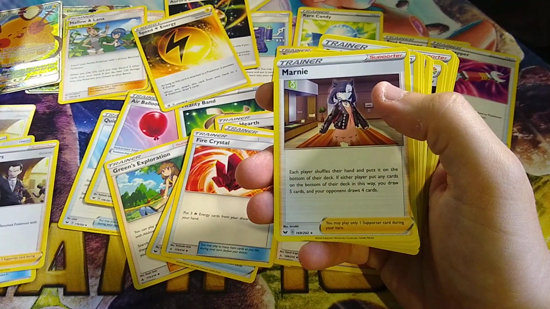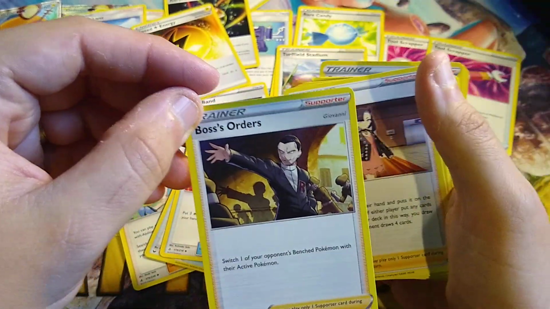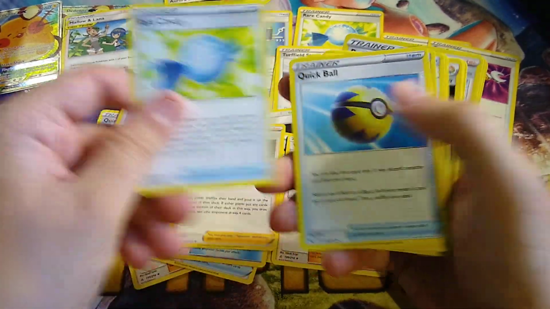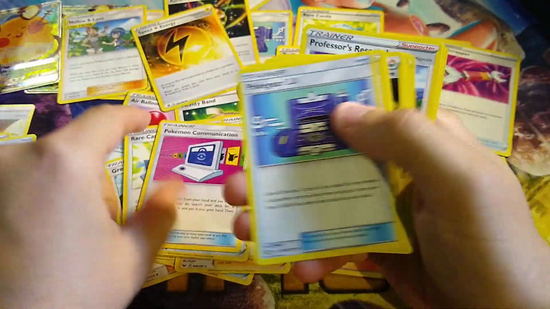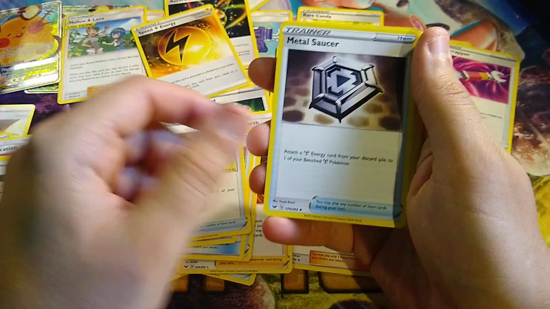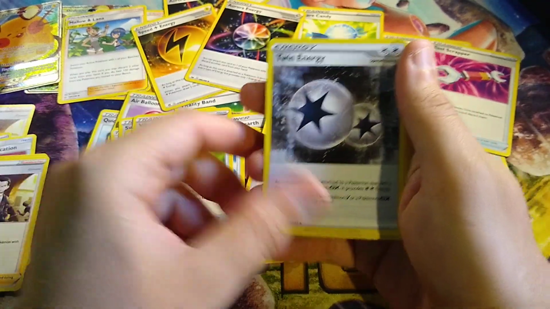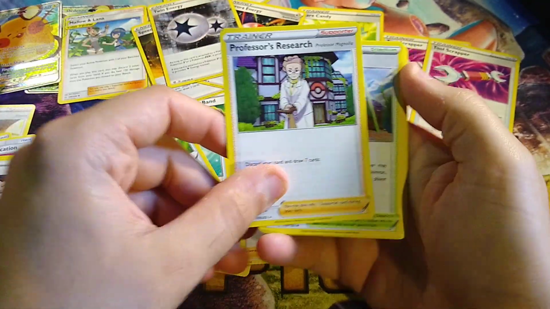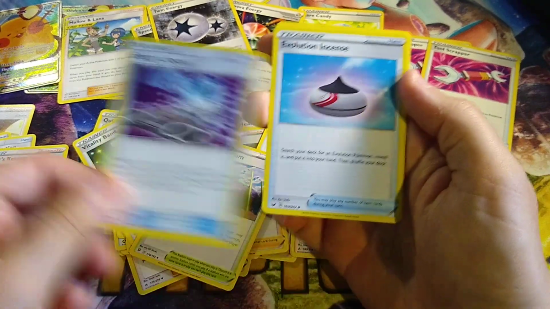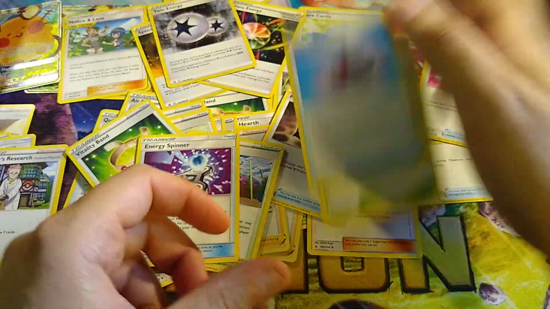A second Boss's Orders. This is about a $10 card, but coming in through the box, you get a couple of them for $30. Marnie, Rare Candy, Quick Ball, Communication, another Pokégear, a Switch, Metal Saucer, another Aurora, Ordinary Rod, Vitality Band, Twin, Professor's Research, Turffield Stadium, Energy Spinner, Evo Incense, Giant Hearth, Greens, and another Air Balloon. So all in all,